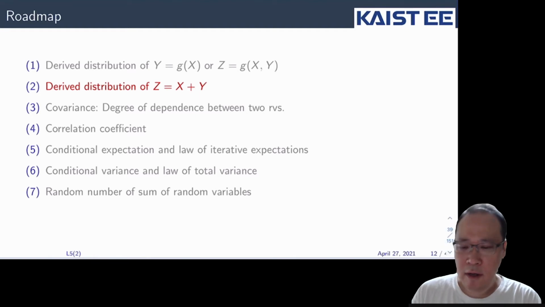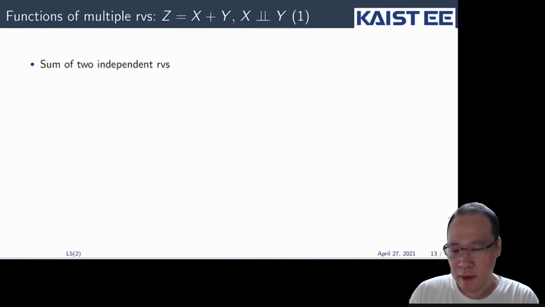So the second case: let's talk about the case where the random variable Z is a sum of the two random variables, X plus Y. And we're going to assume that X and Y are independent. Otherwise, this problem is not tractable. So under the assumption that the two random variables are independent,